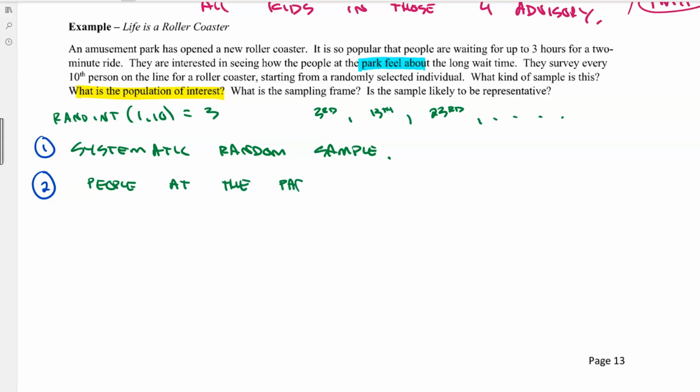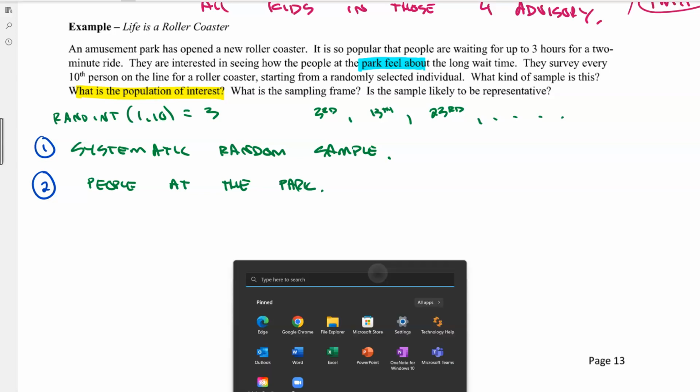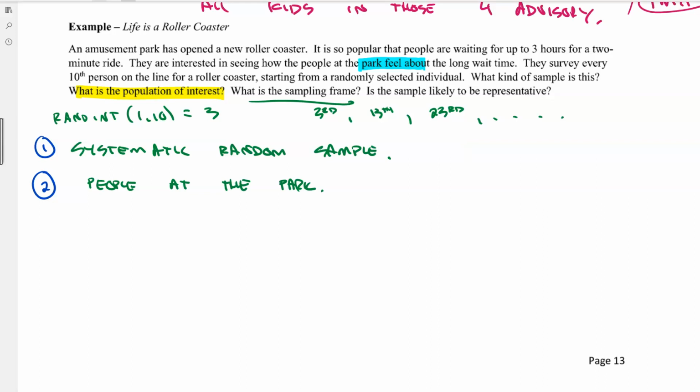Now, if we wanted to really break this down, we talk about people at the park today or tomorrow or in the past or in the future, but let's just keep it simple. It's the people at the park on the day of the survey. What is the sampling frame? The sampling frame are the people that could be selected from the sample. So this is all the people at the park, but my sampling frame, this is my population of interest,